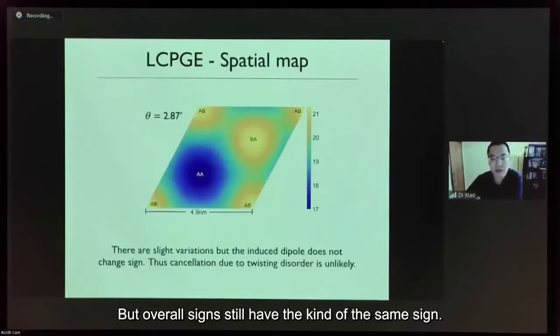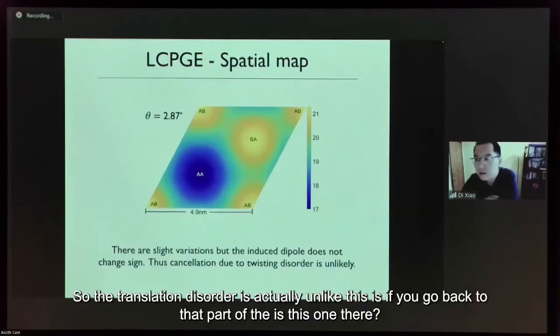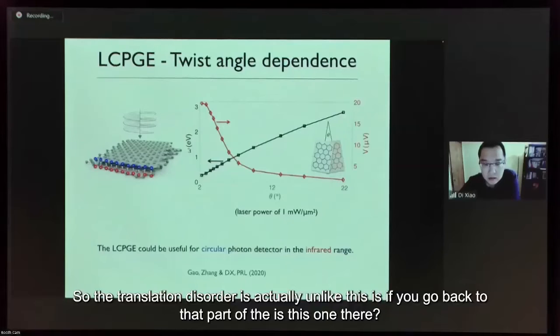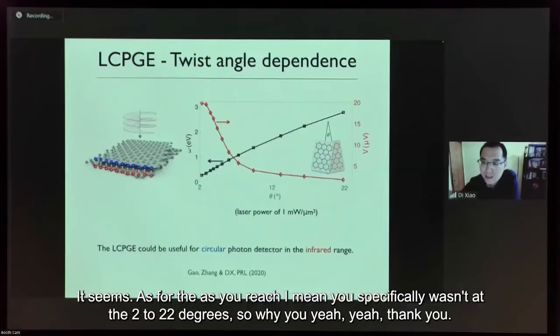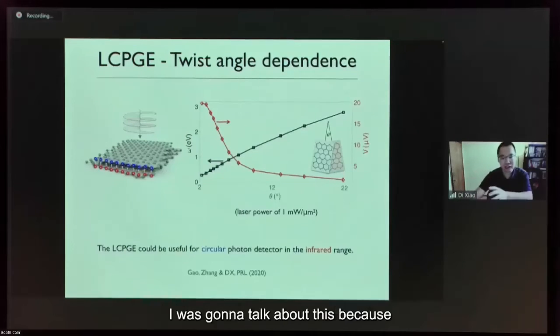So can I ask you? Yes. If you go back to that plot of the red versus this one, you specifically plotted 2 to 22 degrees. So the first question is, why don't you go to lower angles? Yes, thank you. I was going to talk about this, because in twisted bilayer graphene,